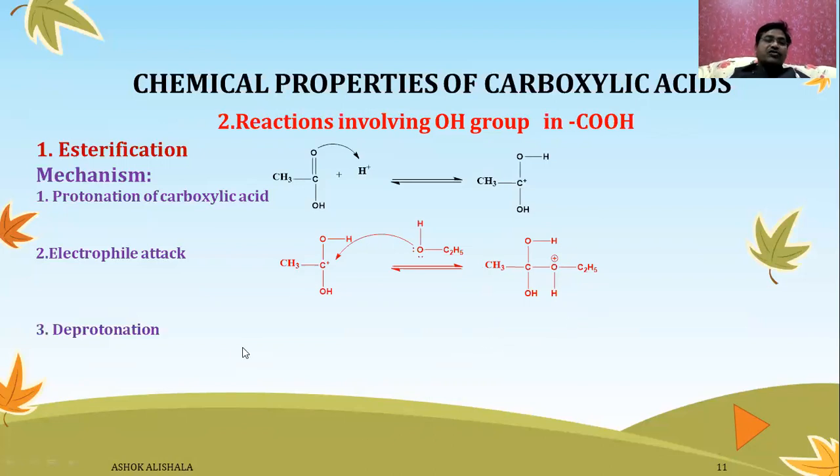The third step involves deprotonation. How does it happen? The deprotonation takes place like this. How is this proton removed? Because the oxygen is positively charged, it is unstable and immediately loses a proton, and you will get an intermediate compound where a single carbon has two OH groups. In general, we know that when a carbon contains more than one OH group, it is unstable and immediately loses a water molecule.